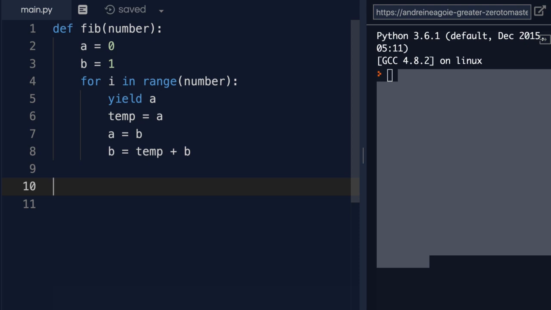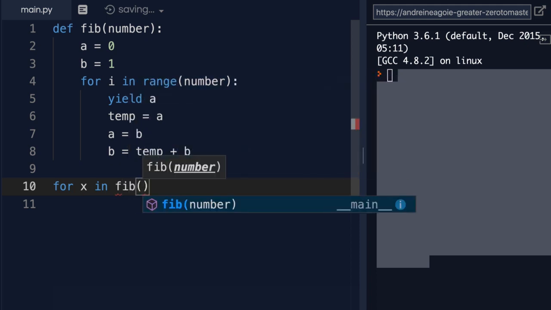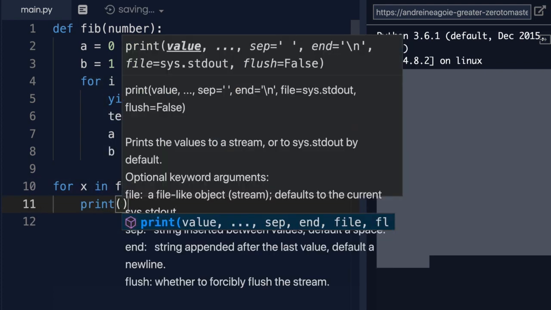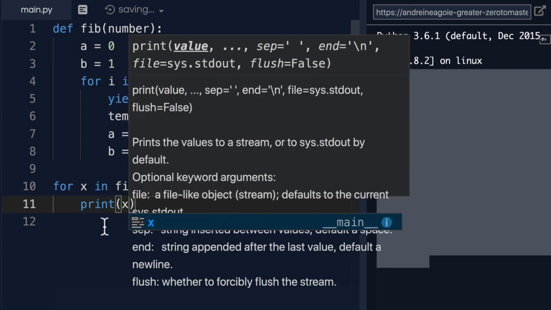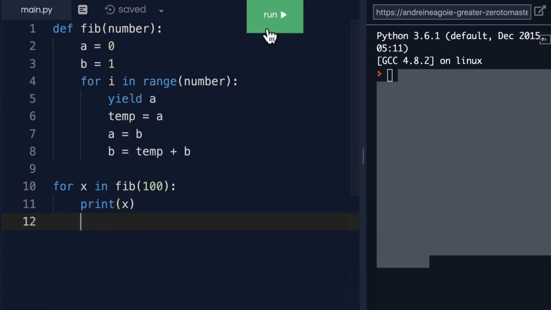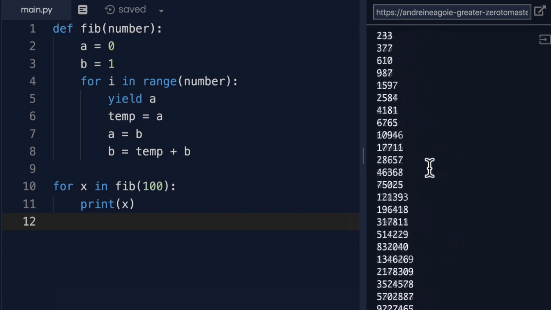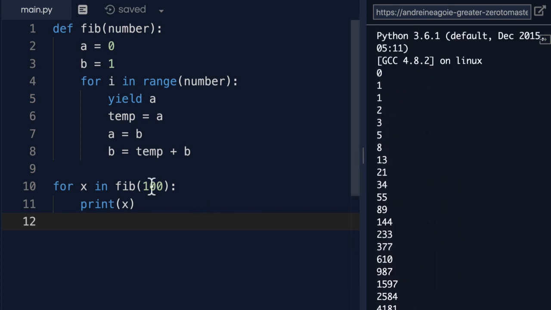If now I do something like for x in fib and give it, let's say, 100, and let's just print out the answer. So print x. And I run this. All right, look at that. I get all my Fibonacci numbers. Let's do 20 like we saw in the example. If I click run,